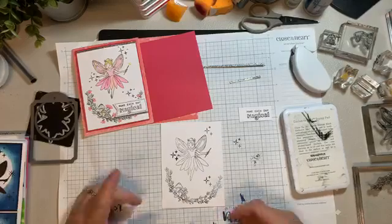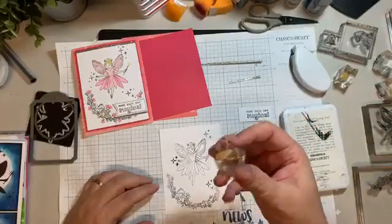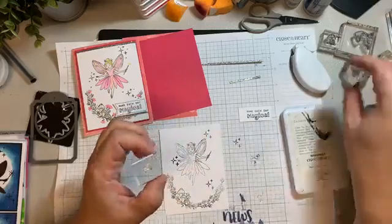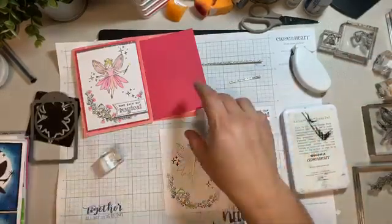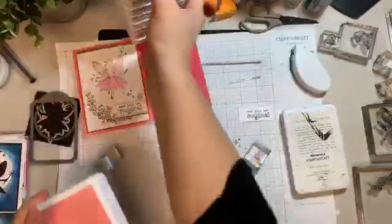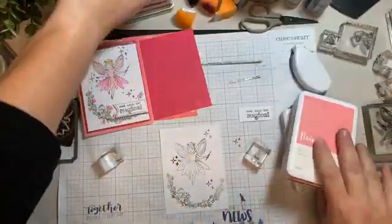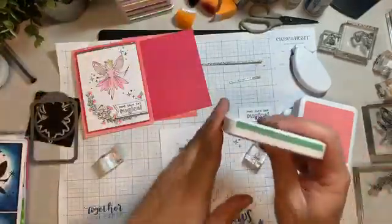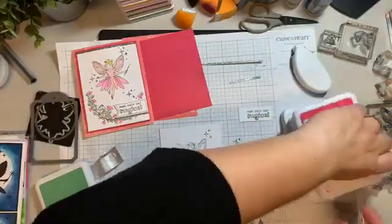Oh, I know what I didn't grab. All right, next what I'm going to do, I'm going to get my little stamps. So I've got a little leaf outline and a solid shape there, and then I've also got a little flower and I've got a flower outline. I'm going to use Pixie and Raspberry ink, and then I'm also going to use, I don't know if I use julep or sage. I think on my instructions I might have said sage, but I'm going to use julep, I think, for the leaves. So I'm going to go and stamp